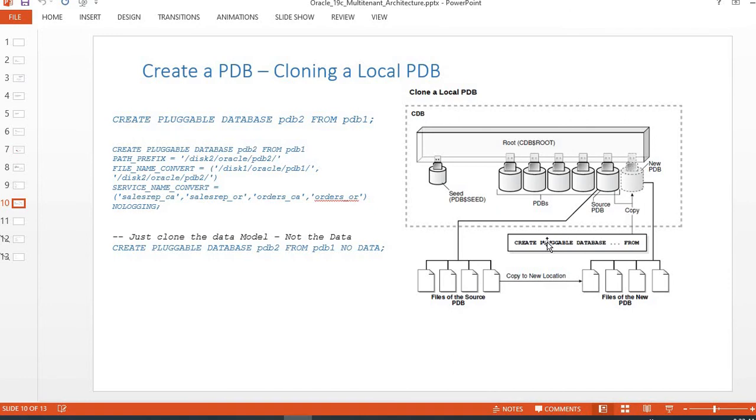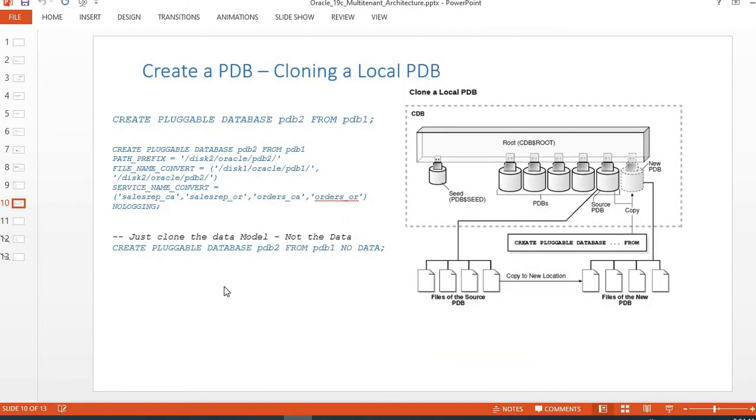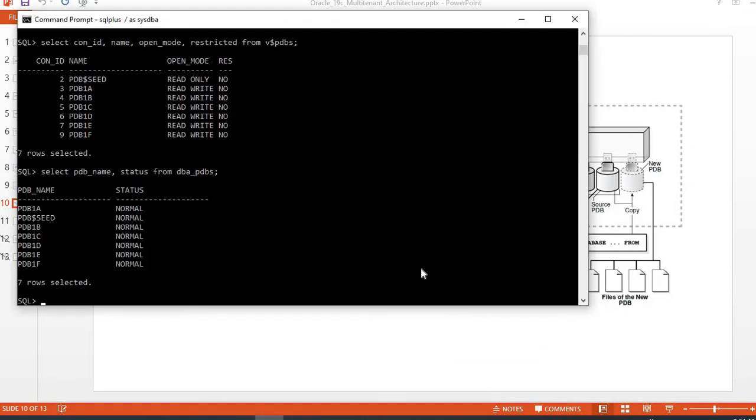So you have to just use the create pluggable database command and use a from clause. So from which PDB you want to clone it. You can use a very simple option called create pluggable database PDB2 from PDB1. So no clause, it will use the same option, same parameter. You can remember it will use this one parameter to decide the PDB file location. It will create the PDB for you. So let's try this. Let's say create